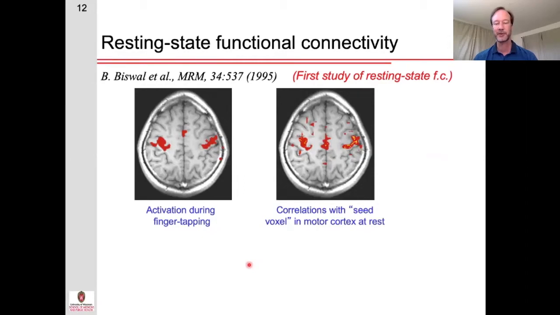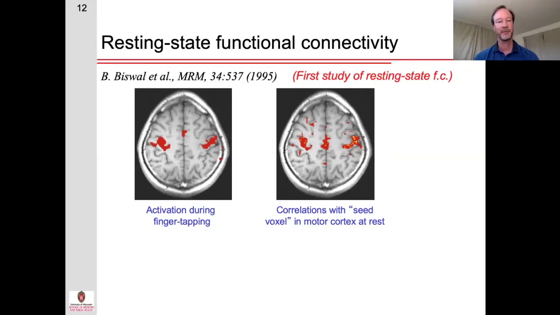He actually performed a lot of controls of this as well. So initially, when he recruited these subjects, he said he was going to be doing a visual experiment. And he collected initially a baseline scan, said he was just adjusting the scanner at that point. And then he did do a visual experiment. And right at the end, he said, oh, by the way, could you also do some finger tapping task? And acquired the image that you see on the left. So in general, the person wasn't primed to try to think about tapping their fingers. He also measured with EMG electrodes, making sure that they actually weren't tapping their fingers. And yet you still see these correlated fluctuations at rest.